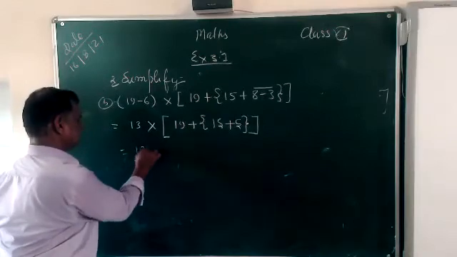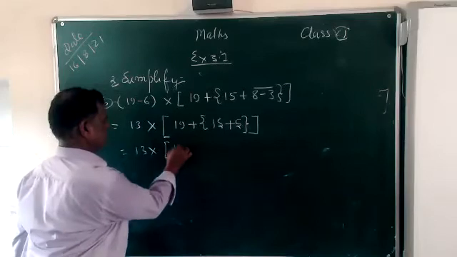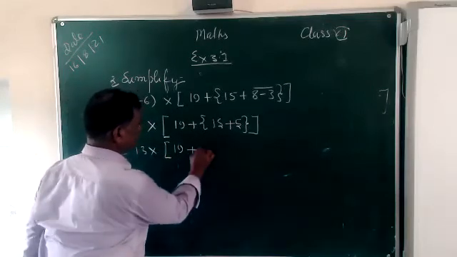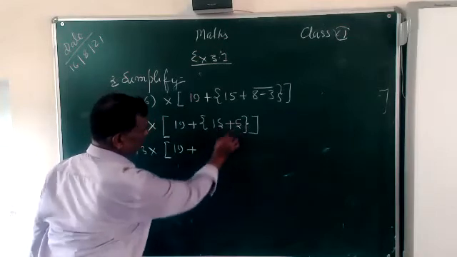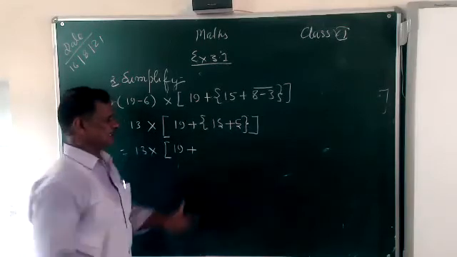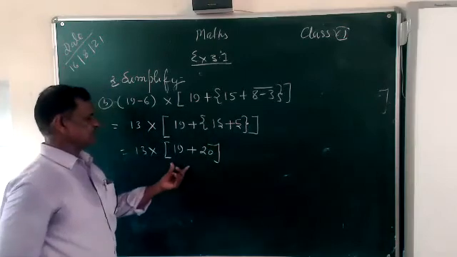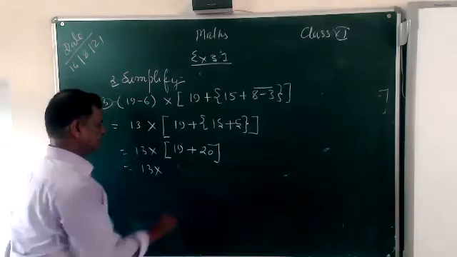Now that is 13 into, in square bracket 19 plus, this is the 20. In curly bracket coming 20, 15 plus 5, 20, and now remove the curly bracket, that is 20 only in square bracket, that is 13 into, simplify this,